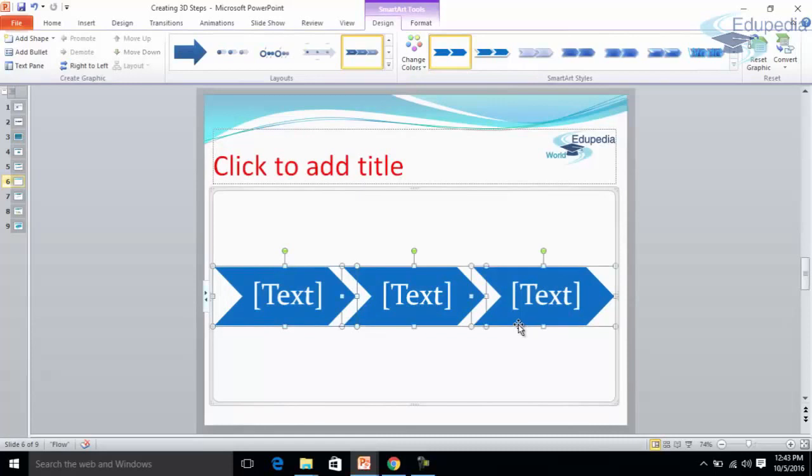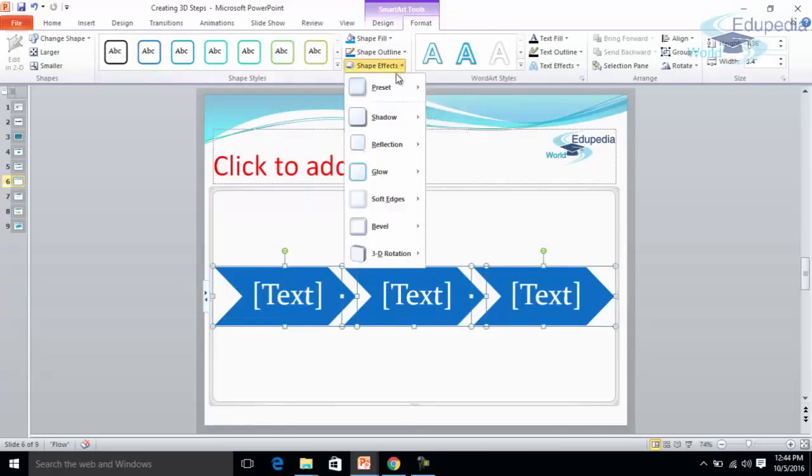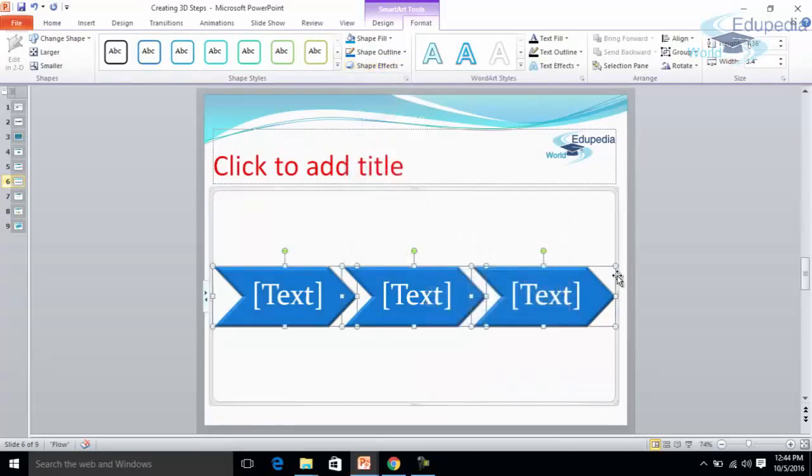Okay, now I'll select all these figures, and now I'll try to provide the projection or the height. I clicked here on the Shape Effects. I'll give the bevel effect here. Now right click, I'll select all of them.